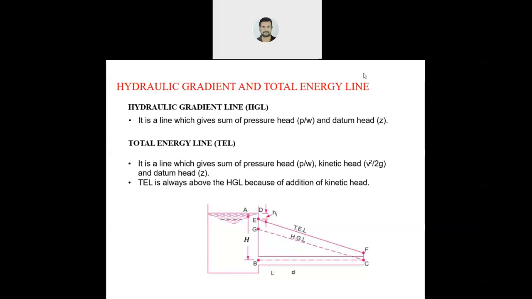Now we will solve a numerical based on this, then it will be clear to you. Okay? So this is a numerical. Determine the rate of flow of water through a pipe of diameter 20 centimeter and length 50 centimeter, when one end is connected to a tank and the other is open to atmosphere. Next, the pipe is horizontal and the height of water in the tank is 4 meter.